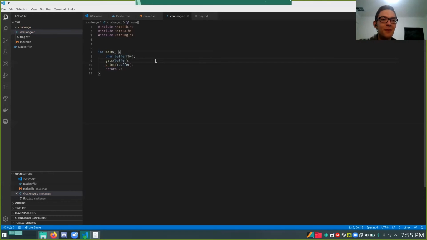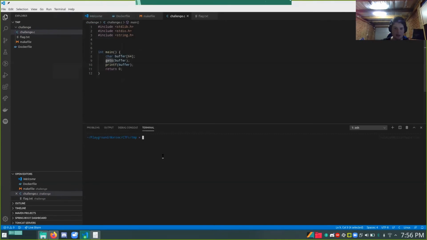So all the things going wrong in this program at the moment, most notably, since I'm using gets and not something like fgets, that implies this is a buffer overflow challenge. But if we were to actually run this